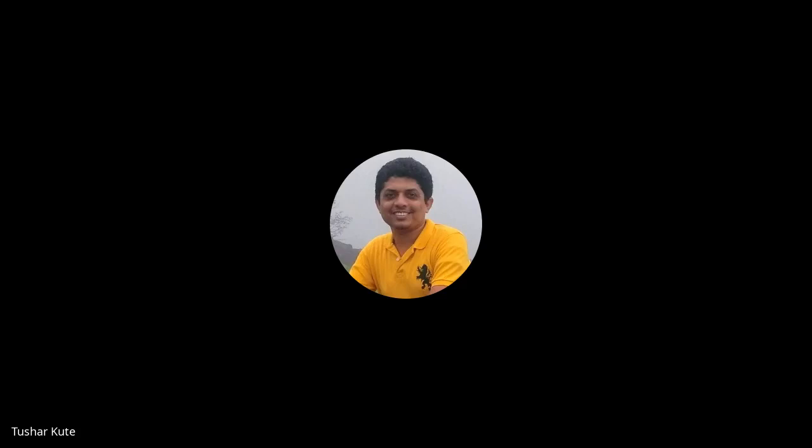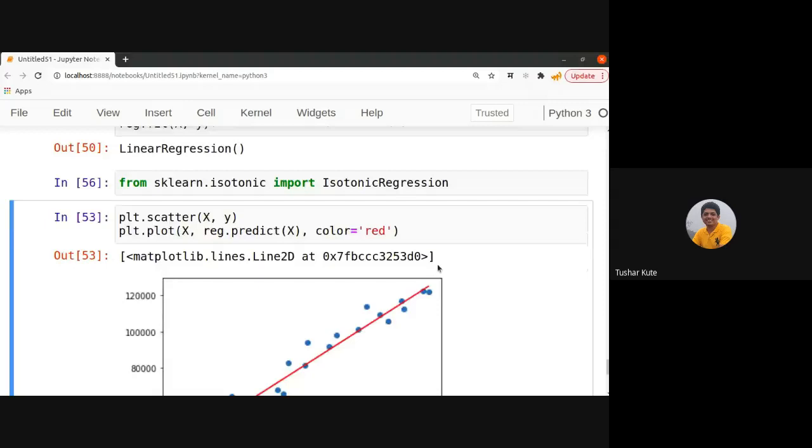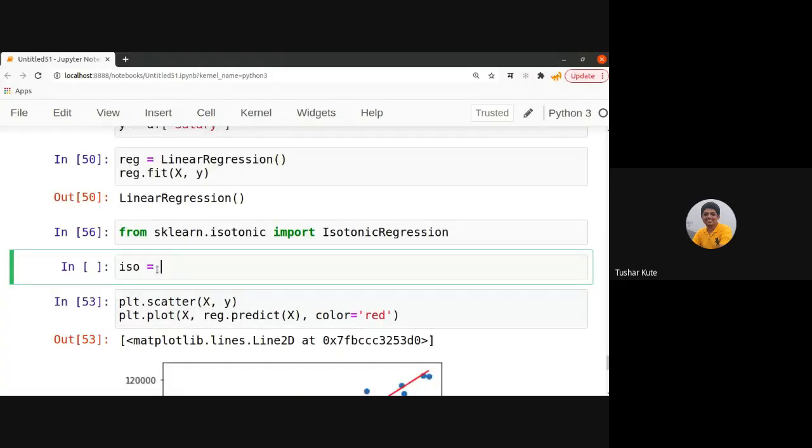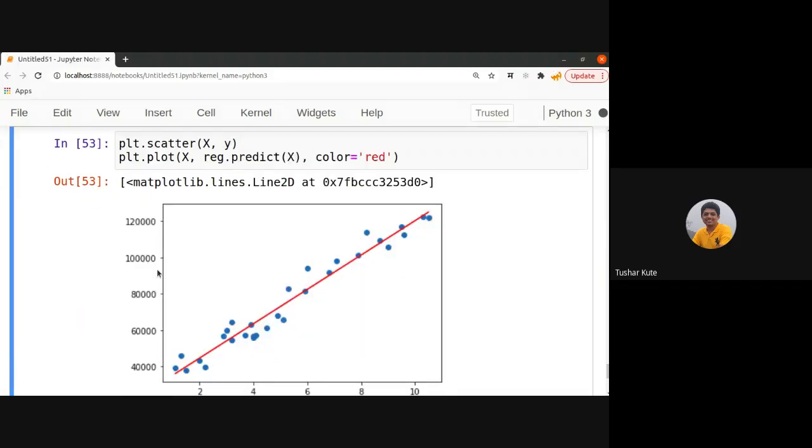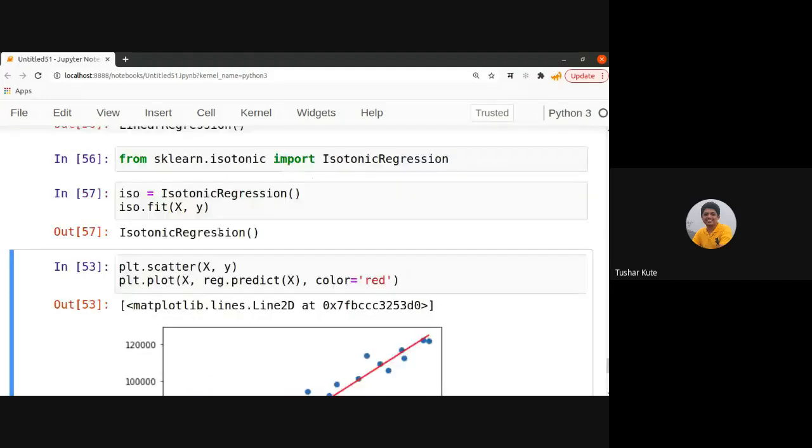I've imported it here, and I will create its object, IsotonicRegression. This object is created here. Then we will fit it with the data. Okay, done. The isotonic object is fitted.